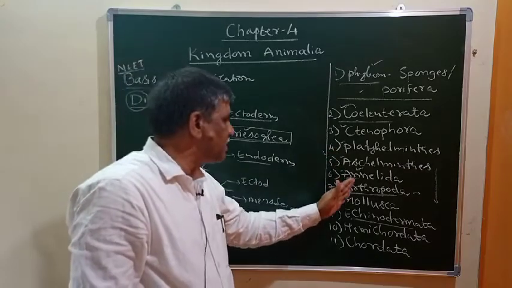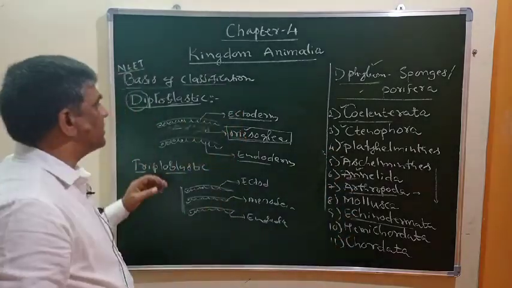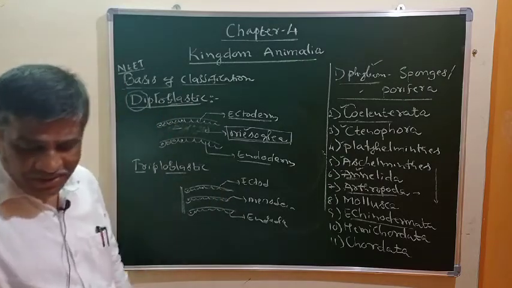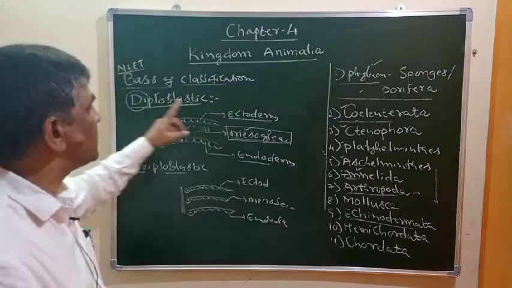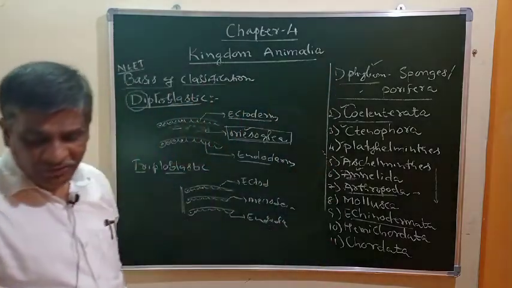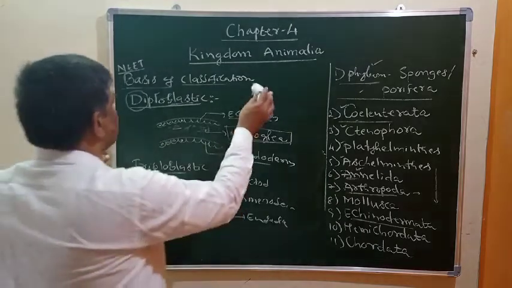Okay, Aschelminthes, Annelida, Arthropoda, Mollusca, Echinodermata, these are all triploblastic animals only. In this way, okay, so diploblastic and triploblastic organization is also one of the bases for classification of kingdom Animalia into different phyla. So this is another one. Next one is next